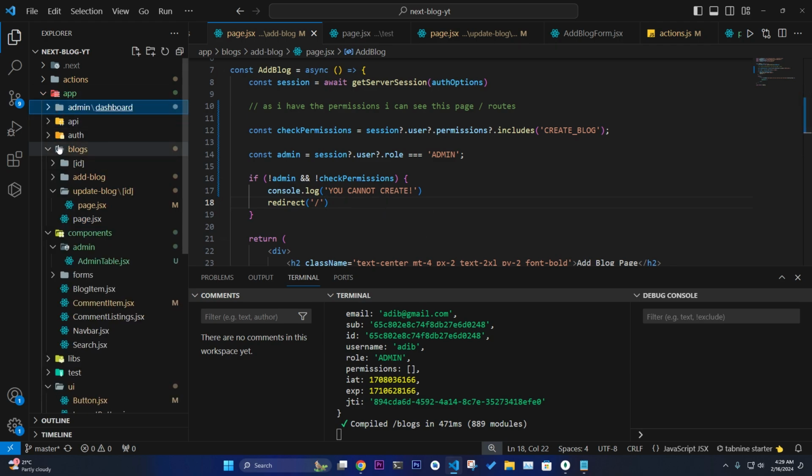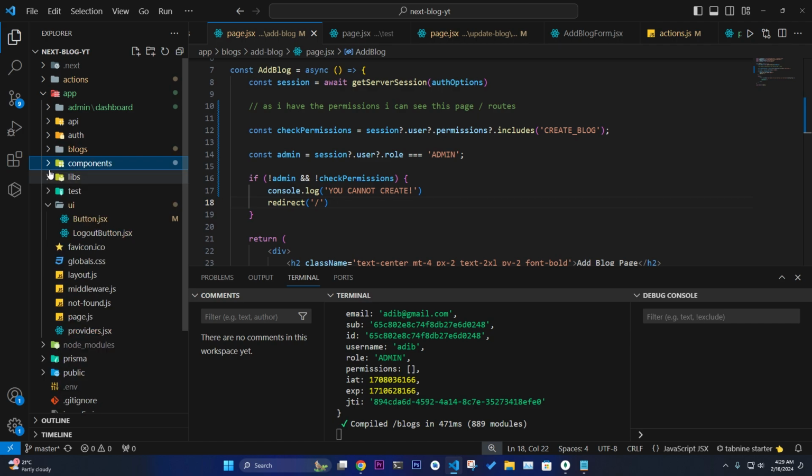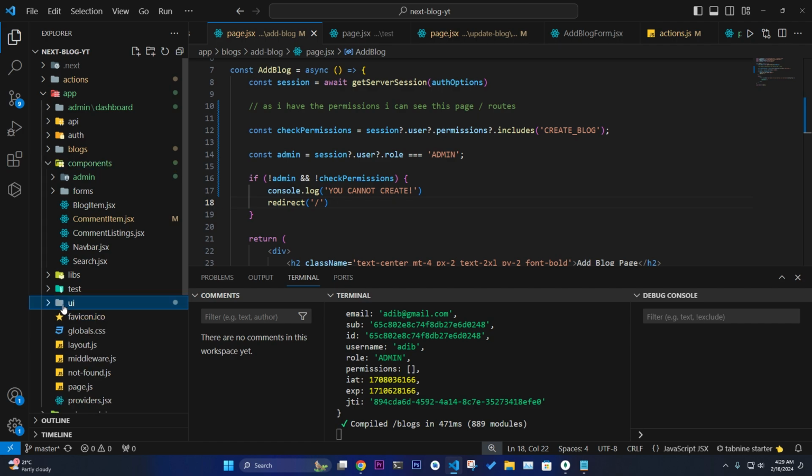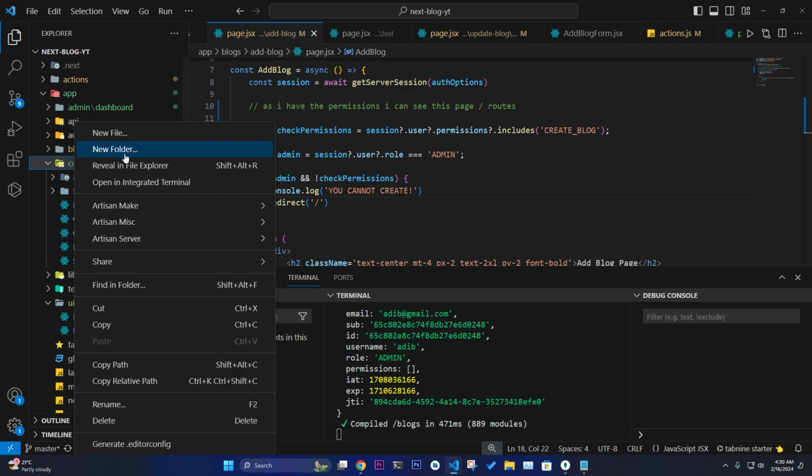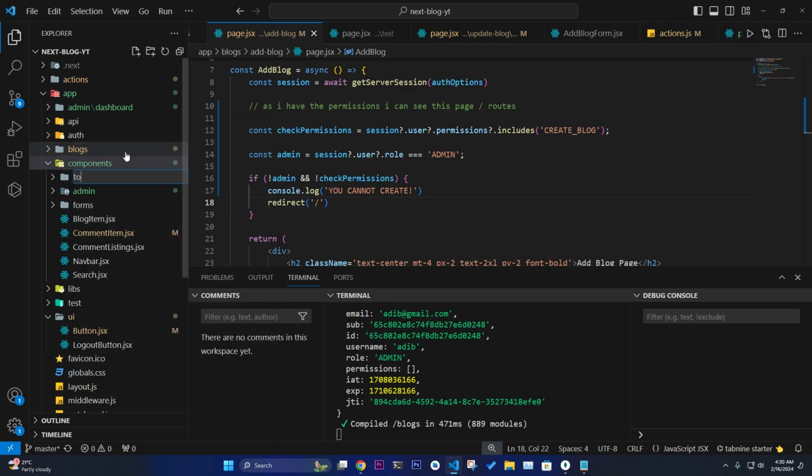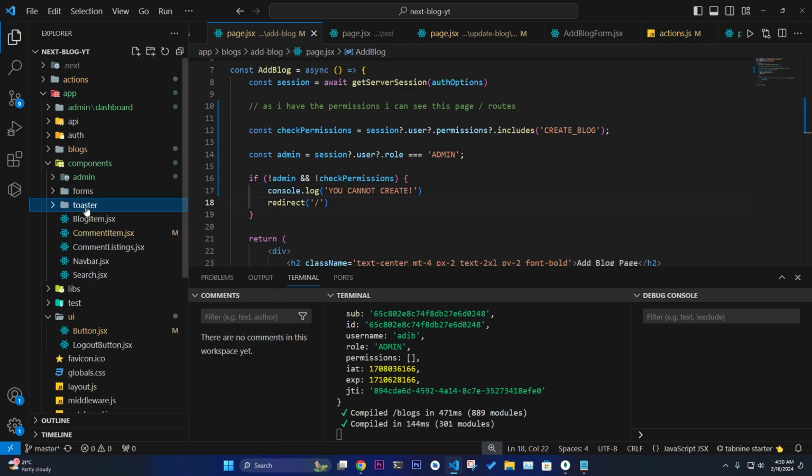It's not possible, so you need to build a component. You can add this into the UI, but in components I'm just making a new folder called toaster, and in the toaster, I'm calling it toast component